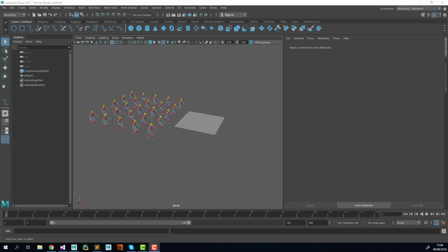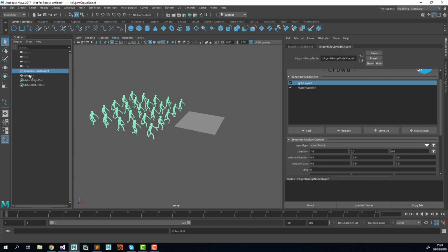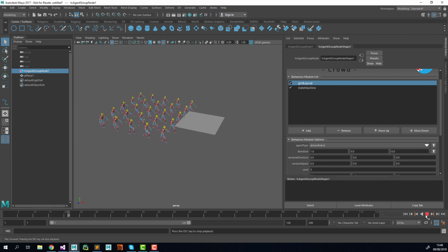I've already built a scene with an agent group and a plane. The agent group has a grid layout and a state machine, and the agents are basically just walking straight and